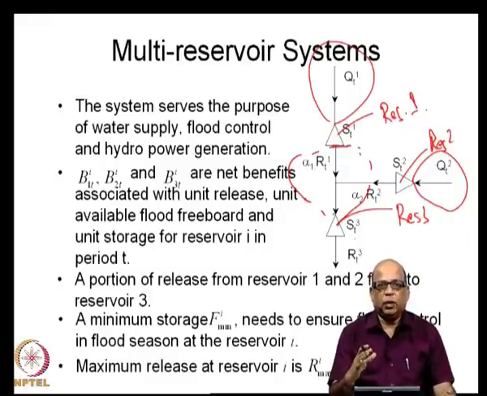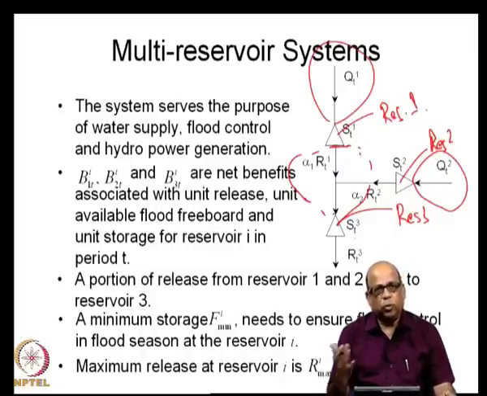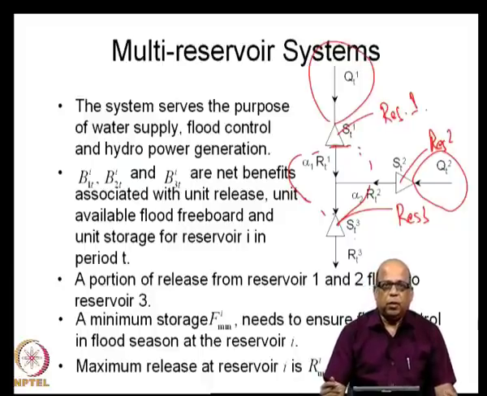As I keep repeating, it need not be just the economic monetary returns, but it may be in terms of the physical outputs that you may get, in terms of crop yield, in terms of the hydropower that is generated, in terms of the flood control volume that you could achieve, or the flood control that you could achieve, and so on. This problem now we will formulate as a simple linear programming problem and look at various terms there and various constraints.